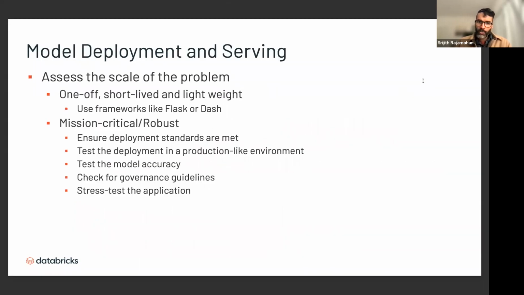So when it comes to model deployment and serving, assess the scale of the problem. For example, is this a one-off, short-lived problem and it's fairly lightweight? Then you can use frameworks like Flask or Dash. You don't need to have something that's mission critical, as something that's heavyweight,